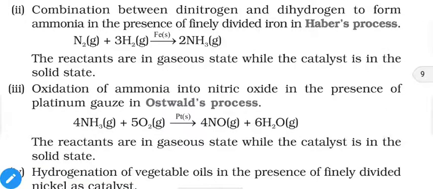Now the combination of dinitrogen and dihydrogen in the Haber process uses Fe as a catalyst, as mentioned earlier in the description of poisons and promoters. So we have nitrogen and hydrogen in gaseous state and Fe solid as a catalyst, so it is heterogeneous. And next is NH3 plus O2 in the Ostwald process, which uses platinum as a catalyst and gives NO and H2O. So it uses gaseous reactants and products and a solid catalyst.